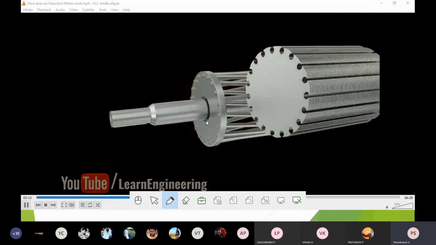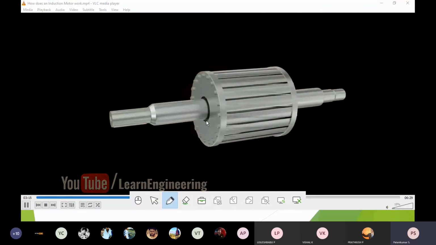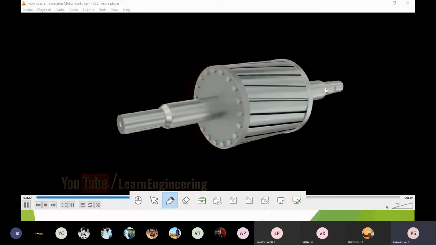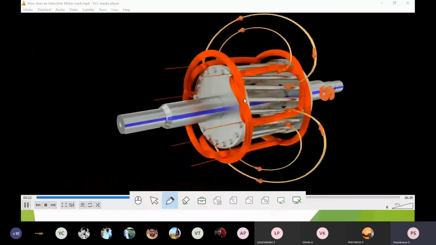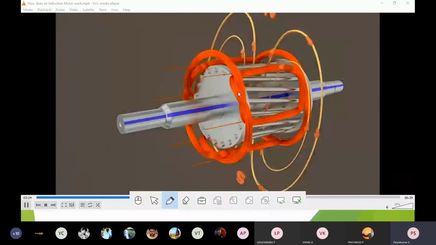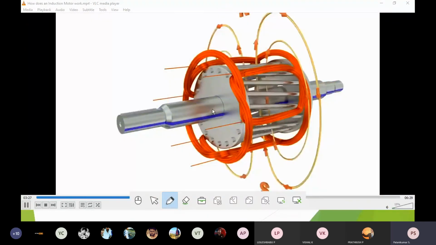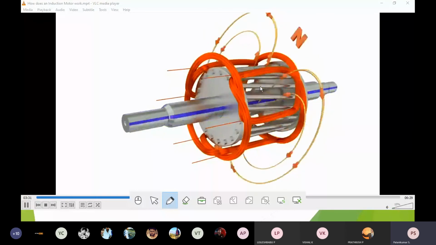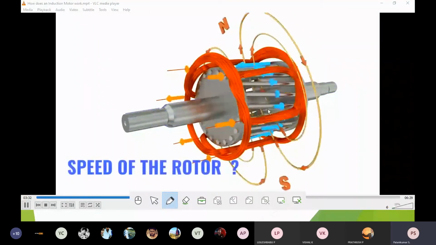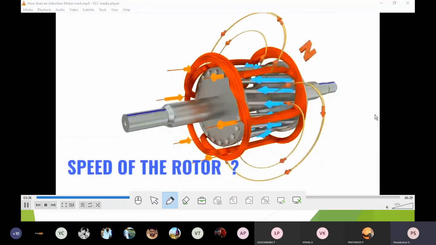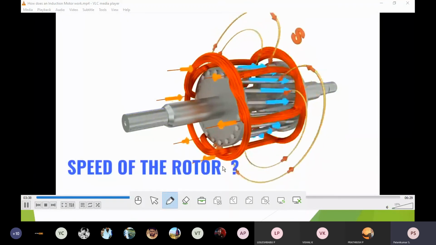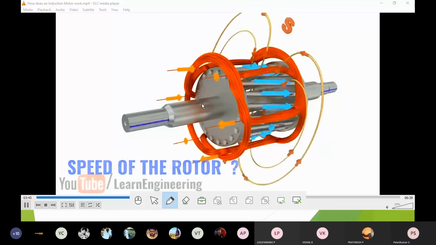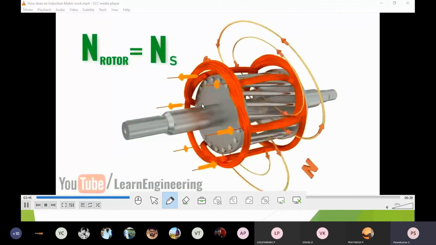The rotor is actually made of thin slices put together, especially with a skewed angle. It will not be exactly parallel to the shaft. Compared to the parallel arrangement, the skewed bars make a certain angle. Why? Because the speed of the rotor, at magnetic locking, may come to an end. In order to avoid that, they are using this.